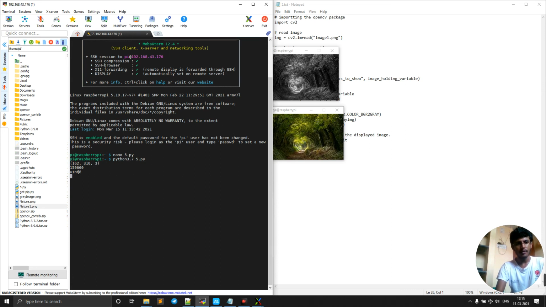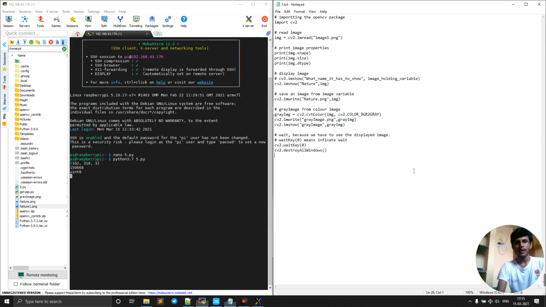Then here we have the size of that, and here is the data type, uint8. That means the image is saved as a matrix. How this image is saved and all those things I discussed in the NumPy array session. You can refer to that also, on how this image is stored in NumPy.